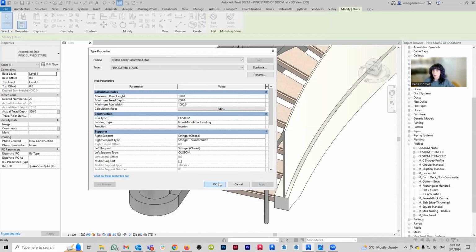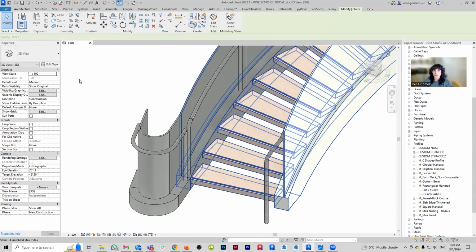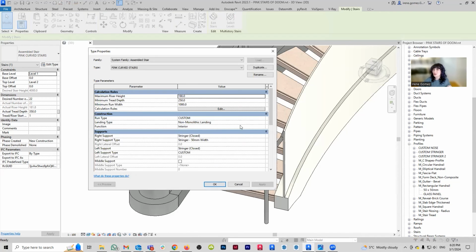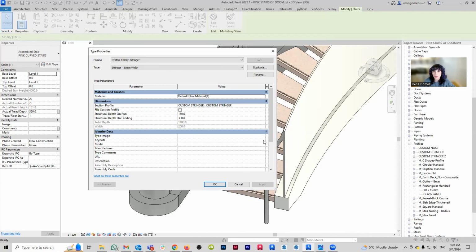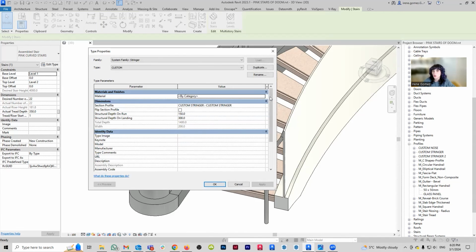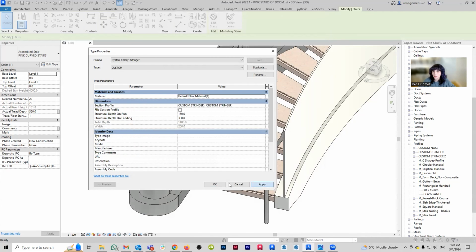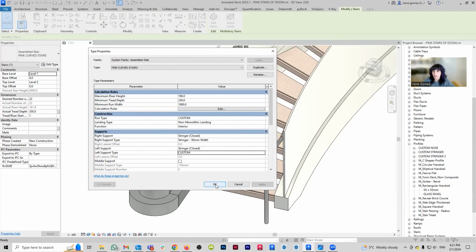Now, you may panic here for a second because you may notice that it's painting also the glass panels. Do not panic, we will fix this. So I'm going to do that with both of them. Left support type, yes. You are supposed to also be that white material that I just created. Okay, and apply, and okay, and apply, and okay.